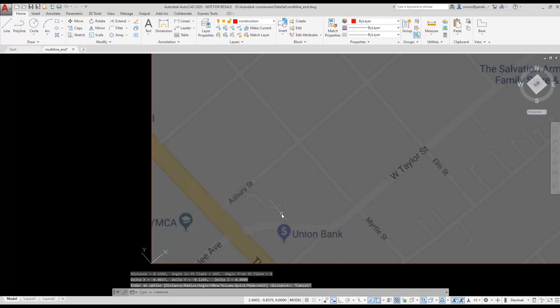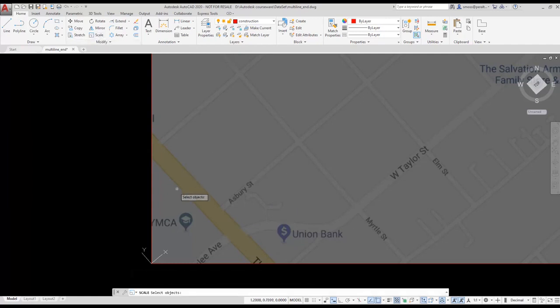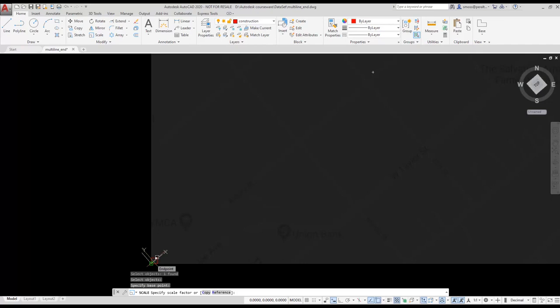I can even use that tool inside a command. I select the Scale tool from the ribbon. I select the image underlay. I select the base point. I'm prompted for the scale factor. I type